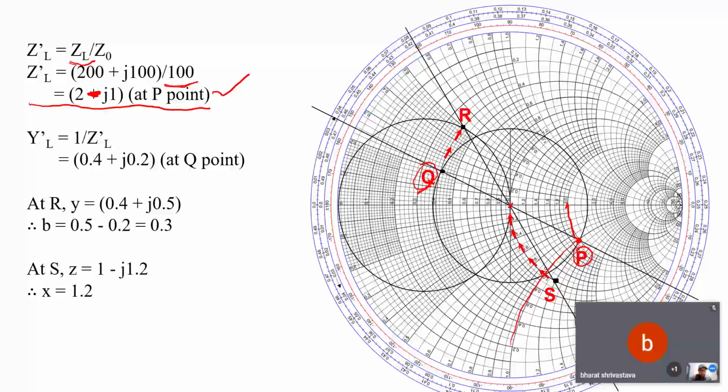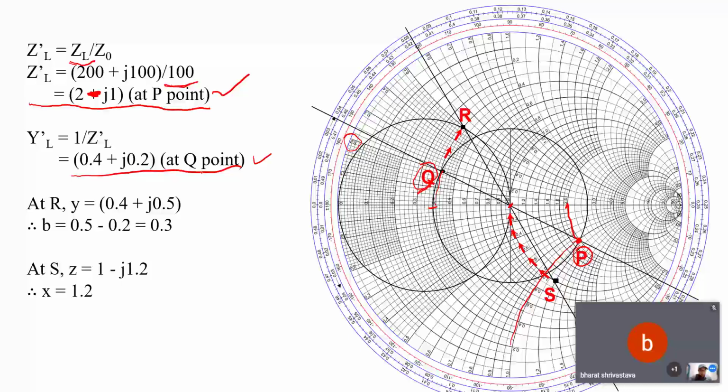Here you can see that the load admittance has a resistance of 0.4 and a reactance of 0.2. So that's how you can find the normalized admittance from the normalized impedance. Once you know this point,